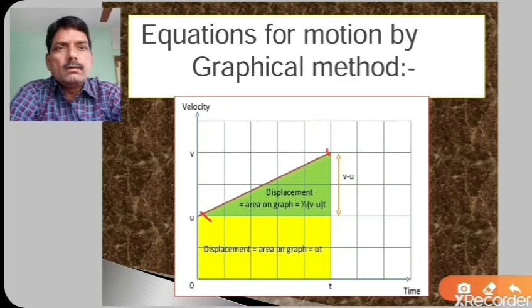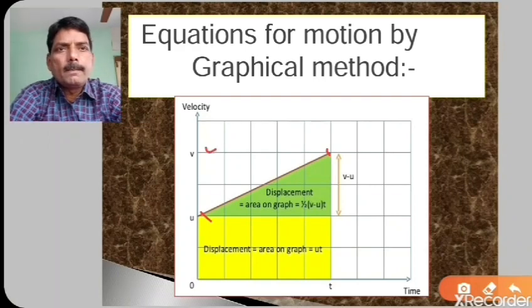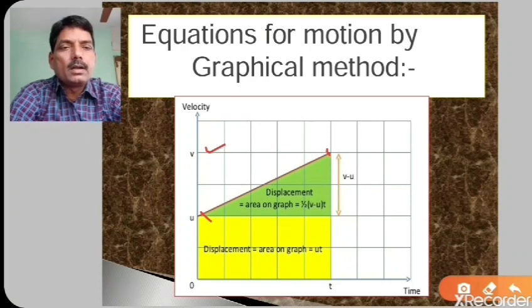So initially at time t is equal to 0. Time never can be 0, but whenever you start the readings, suppose at 10 o'clock you have started and you have seen the bus that is having some initial velocity 40 meter per second on a highway, and then it moves in a straight line with uniform acceleration and reaches 80 meter per second, that is the final velocity v. So in that time interval, from 10 am to 10:30 am, the object has moved from 40 meter per second to 80 meter per second. So obviously the object has covered some displacement. Now I want to calculate that displacement of the object.